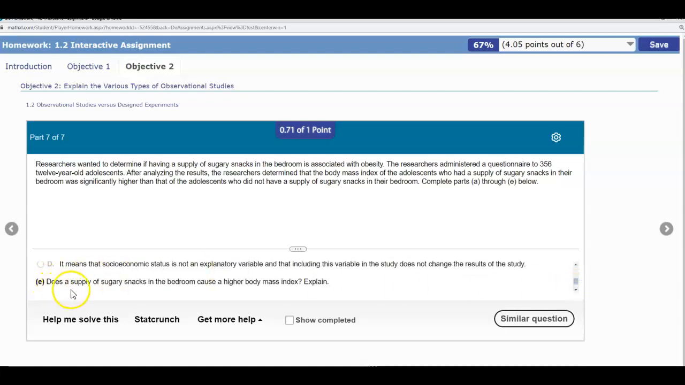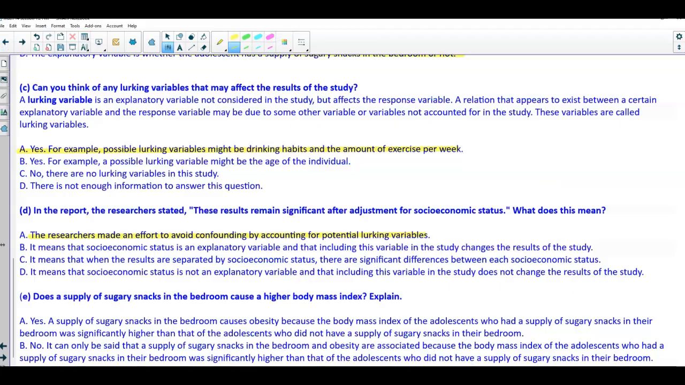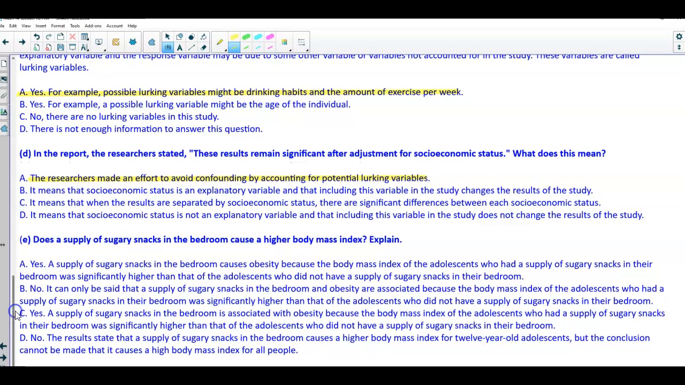Okay, now part E, it says, does a supply of sugary snacks in the bedroom cause a higher body mass index? And then we want to be able to explain that. So that's what we want to be able to answer in this next question. Okay, well, we're going to say no, because it can only be said that a supply of sugary snacks in the bedroom and obesity are associated because the body mass index of the adolescents who had a supply of sugary snacks in their bedroom was significantly higher than that of the adolescents who did not have a supply of sugary snacks in their bedroom. So the answer in this scenario is